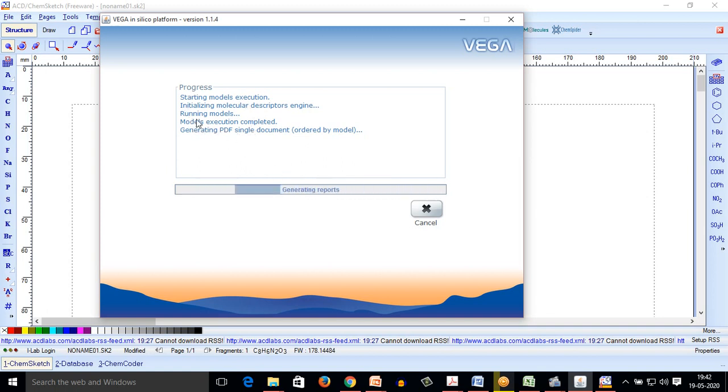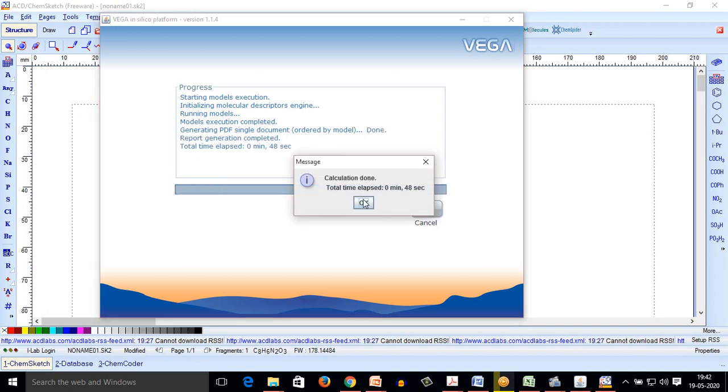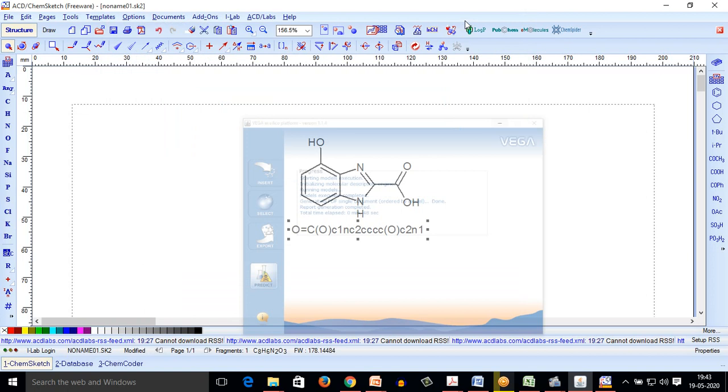As you can see, the progress is showing that the models executed completely, and now the platform is generating the PDF in a single document. The total elapsed time for this process was 48 seconds. Okay, this time may vary as per your PC configuration.